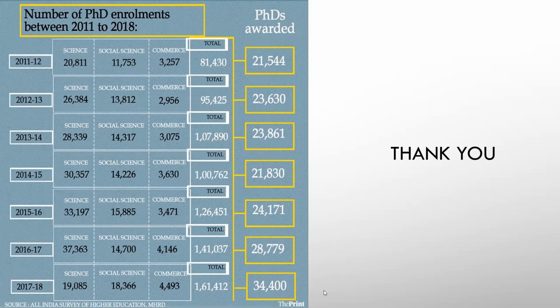Now, if I talk about the present times, 2017-18, according to the All India Survey on Higher Education (MHRD), 1,61,412 people have enrolled, registered for PhD, but the number of PhDs awarded were only 34,400. That means what is happening to the rest of the